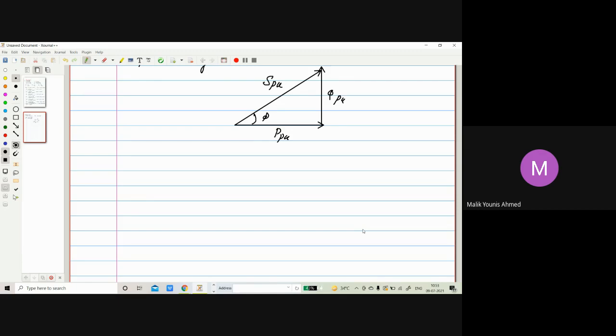Now let us move to the next, continuing with the three-phase system. Second is the delta connection. We are doing the same three-phase system. First we have completed the star; for a star we have done it. Now we will do the same thing for the delta connection. This is for your knowledge, because sometimes you get questions, so that there will be no doubts on how to solve them. So let me draw a delta connection first.